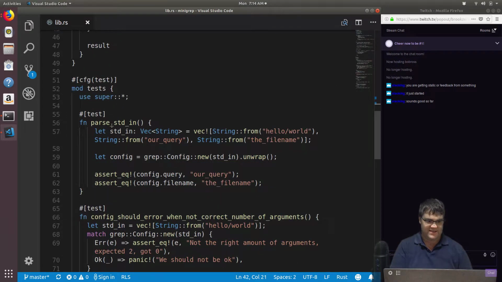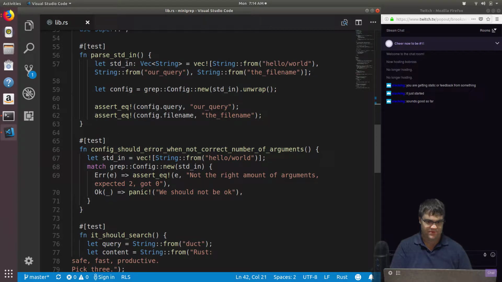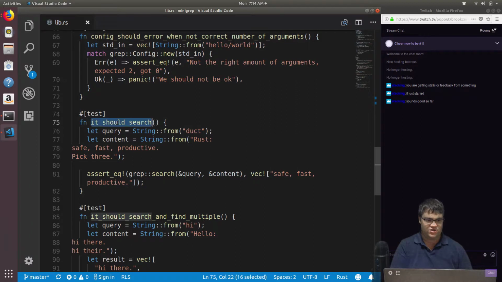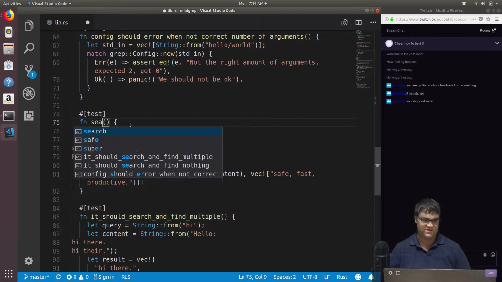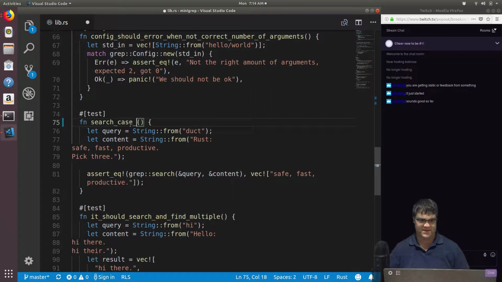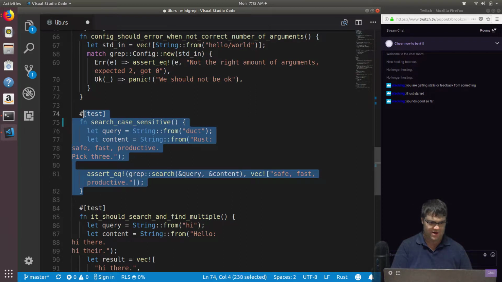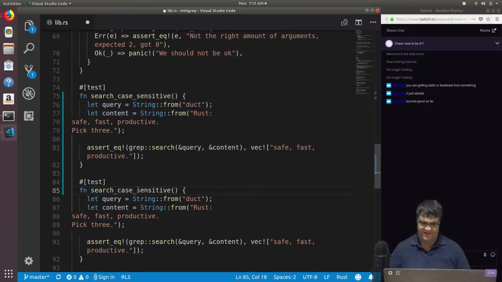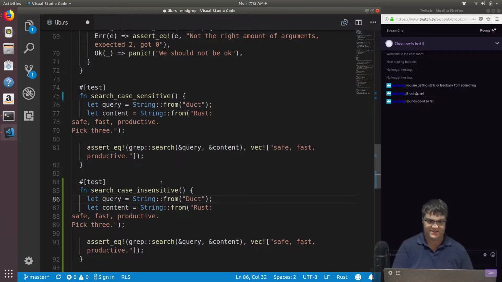So we have our tests. We have parse standard in, config. So the config errors, it should search. So we're going to call this search case sensitive, and we're going to copy this and create a brand new one, search case insensitive. So let query equal string from duct. So if I just do something like duct like this,